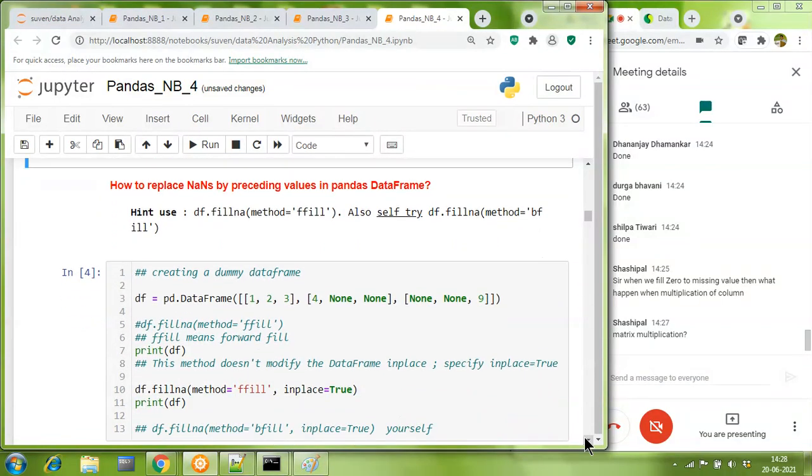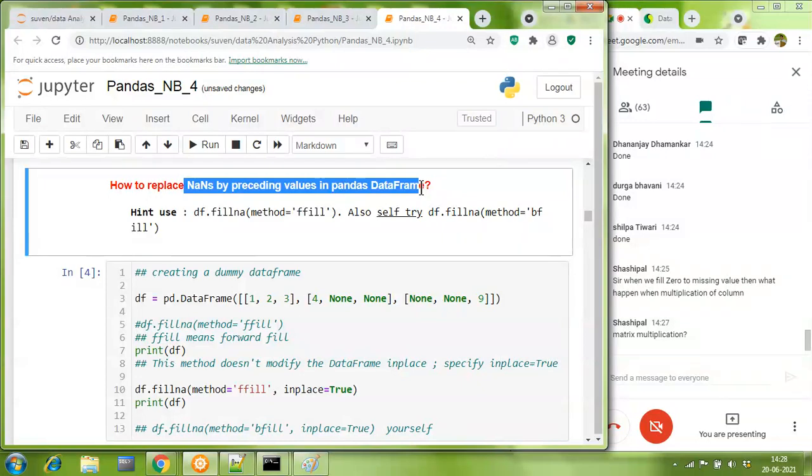Right, so the next question that comes up here is how do you replace NaNs by preceding values in a pandas data frame? That means when you have a pandas data frame, how do you go about filling the value?